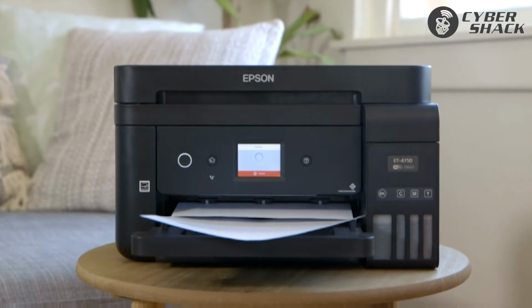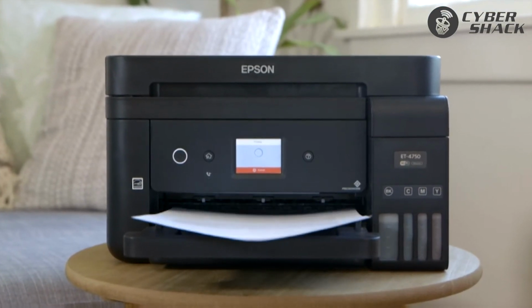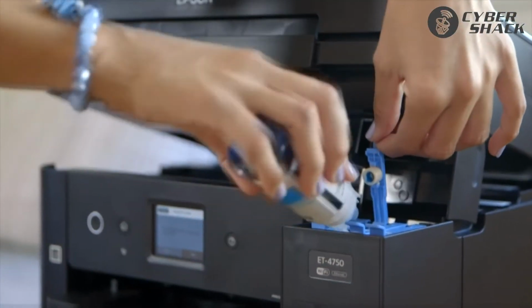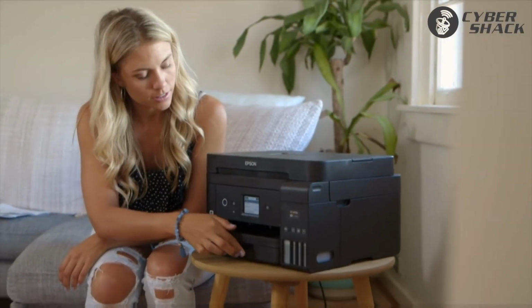Yeah, and the bottles now are particularly keyed in a particular way that they'll only refill the correct printer. So that was another change. But now, you just put the bottle on top of the slot and it fills it up. In the first generation, there were a few issues of people getting ink on their fingers, but that's definitely a